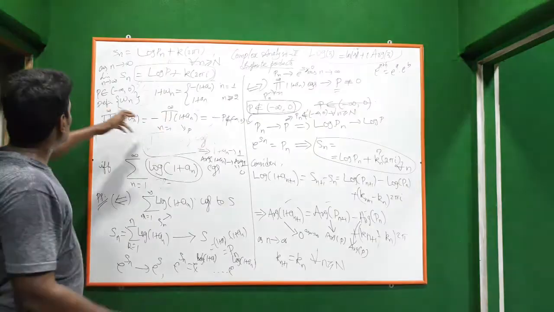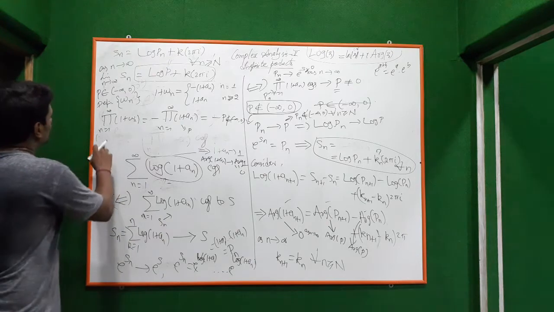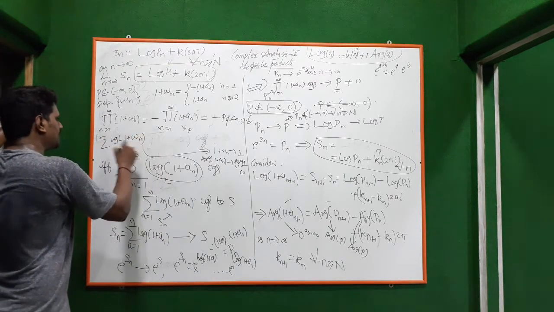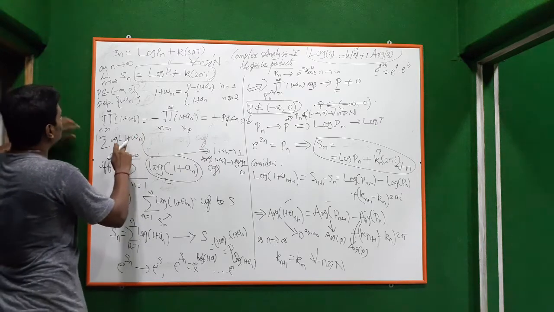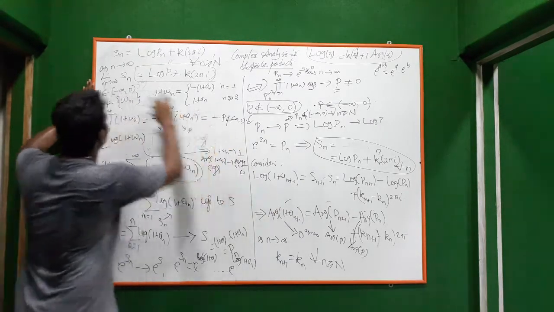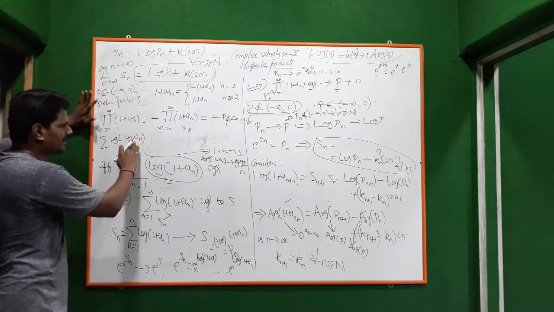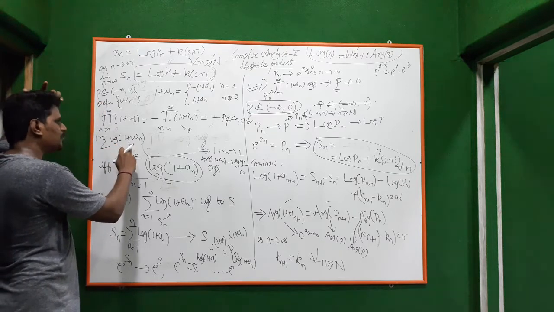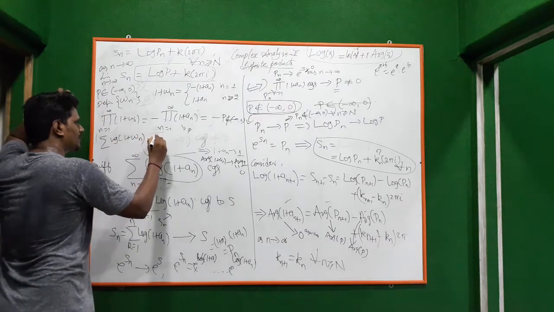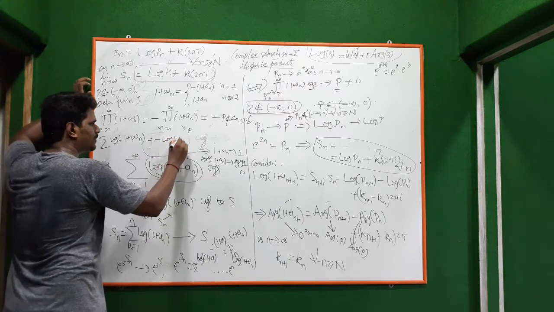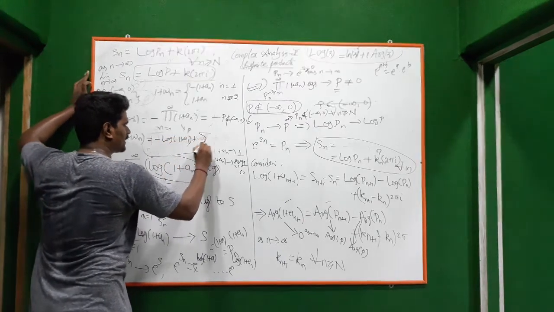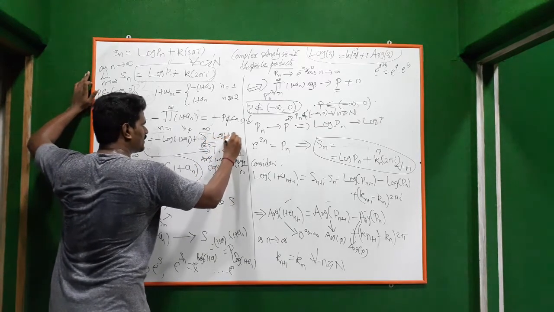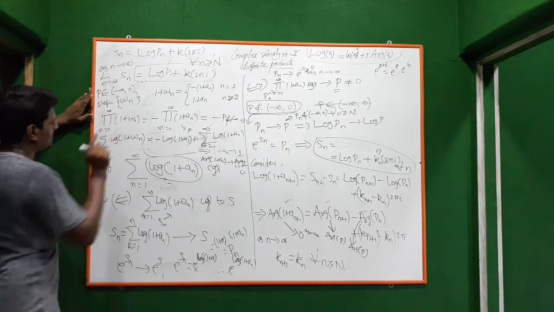Okay. What you have to prove actually? You have to prove that summation log 1 plus wn converges. We have that if this is there, minus p, then we have proved that summation log 1 plus an converges. But here we have summation log 1 plus wn converges. What is this actually? Minus log 1 plus a1 plus summation n from 2 to infinity log 1 plus an. That is the definition of 1 plus wn.